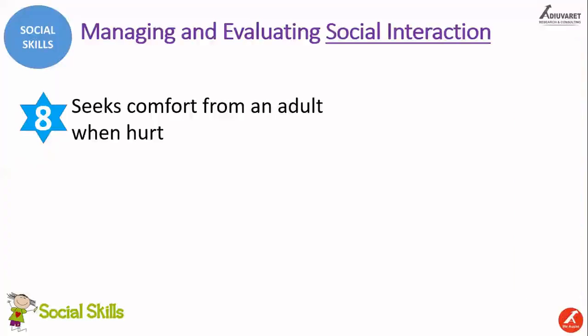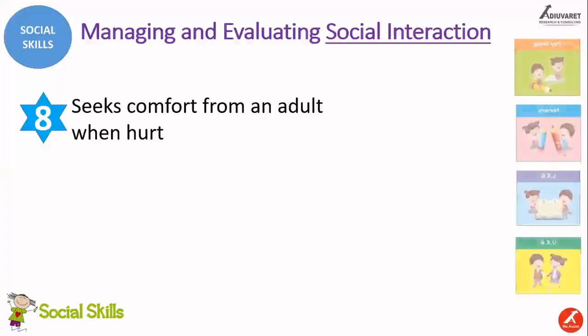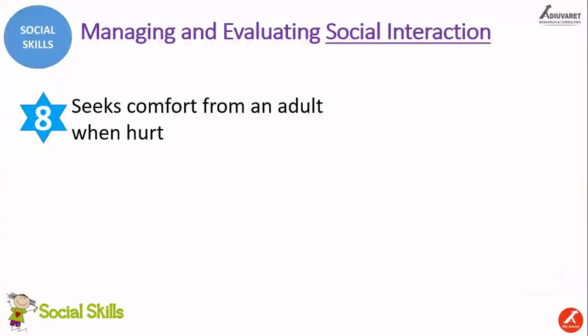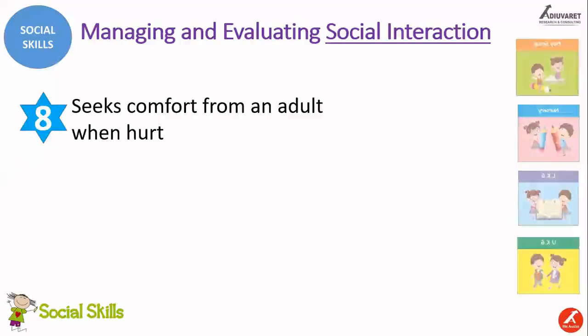The second is that if somebody else is hurt or uncomfortable, the child reaches out to make him or her comfortable. But here the skill is that if we ourselves are hurt or not comfortable,